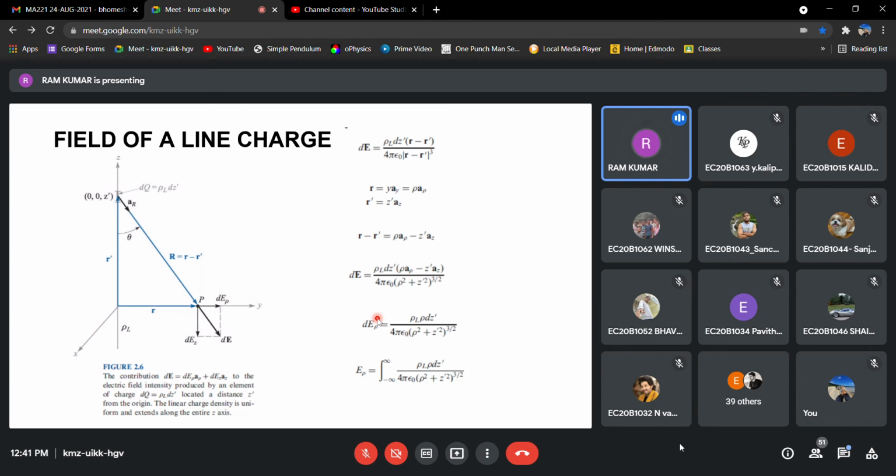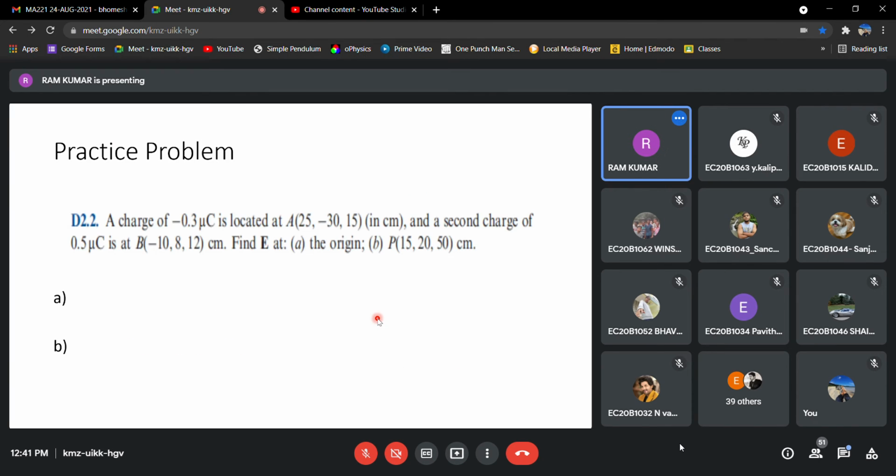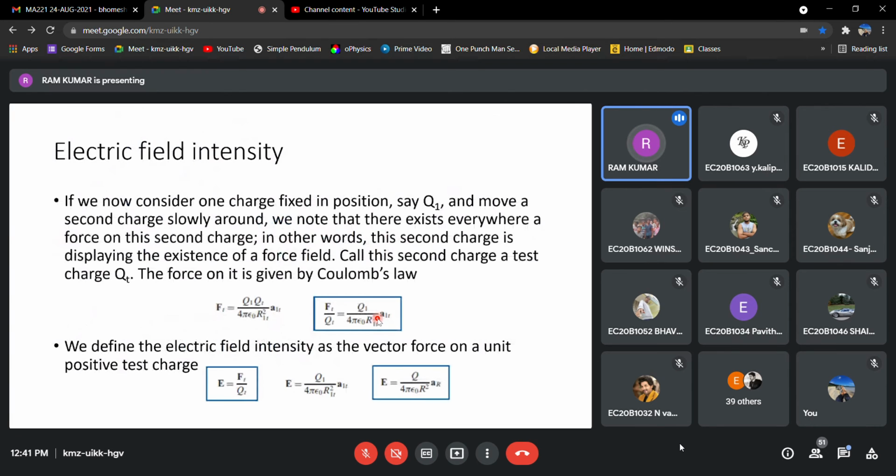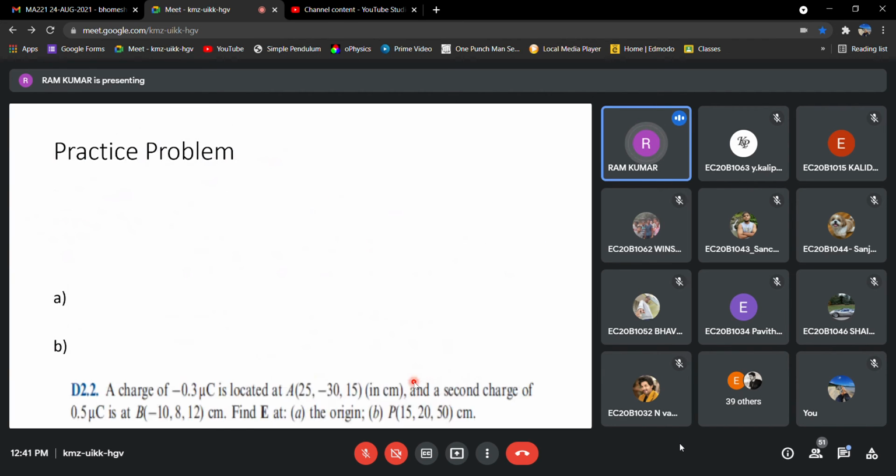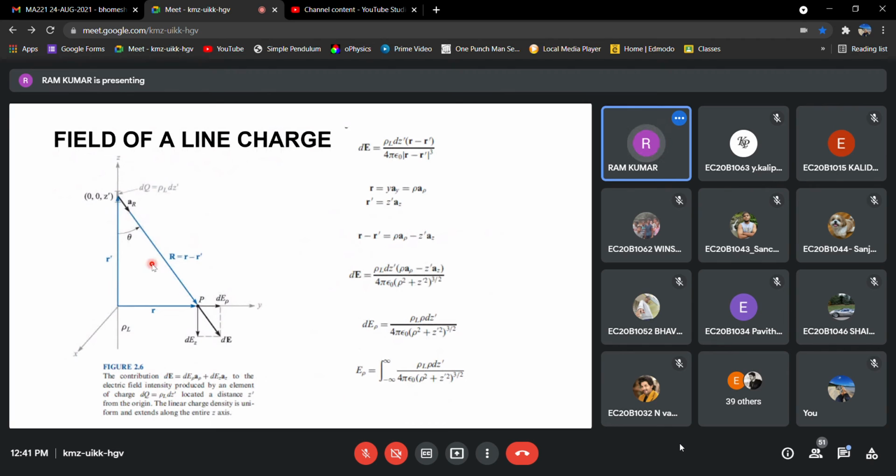Now, listen, always when we go with electromagnetics, we are dealing with charge. We have three kinds of charge. One is point charge, second is line charge, third is sheet or a plane or some surface, the sheet charge. Now, this is the formula to find the electric field intensity due to a point charge. Similarly, if we have a line charge, assume there is a wire fixed, some simple line. Here we have a charge, which we call a line charge.